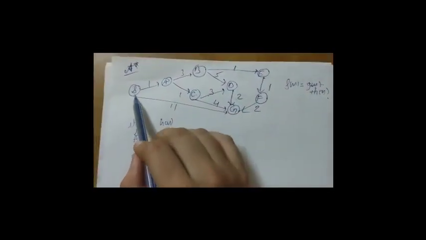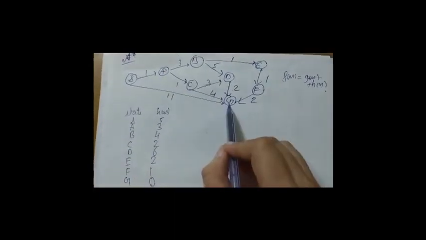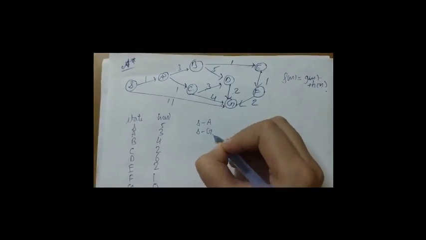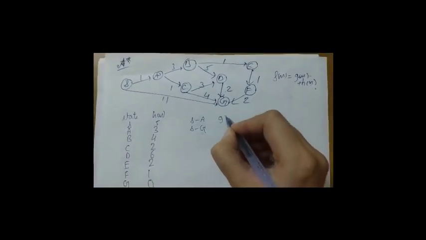Now from here S, we can either move to A or G. There are two possibilities, right? So S to A and S to G. So let's calculate g of n plus h of n. What is g of n? 1 plus, now we are moving to A, so we have to consider h of n, heuristic function of A, that is 3. So 4, and here 11 plus 0. Now which is the minimum value? 4. So keep this larger value on hold.